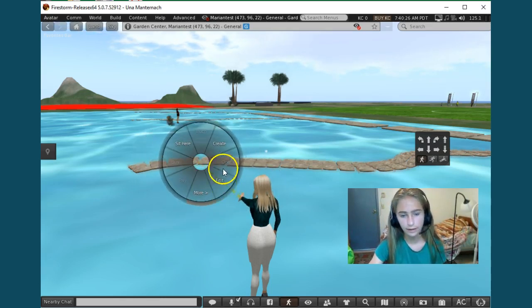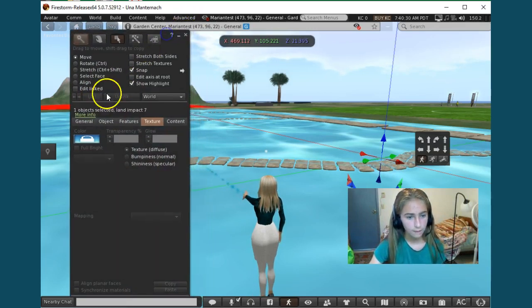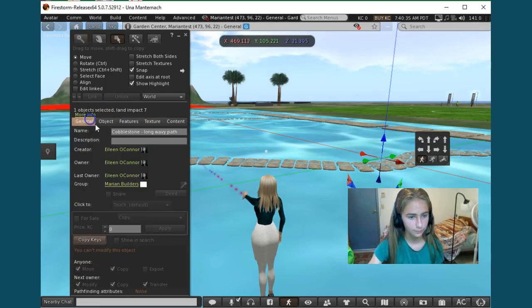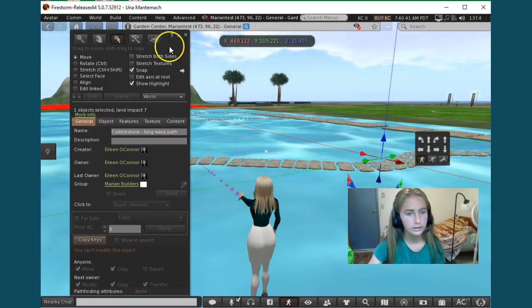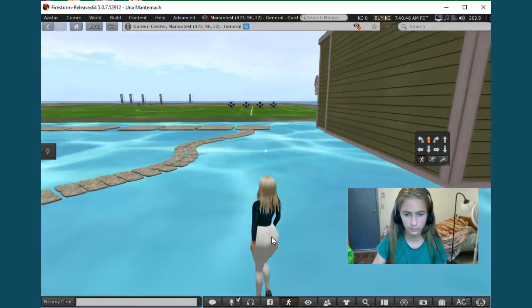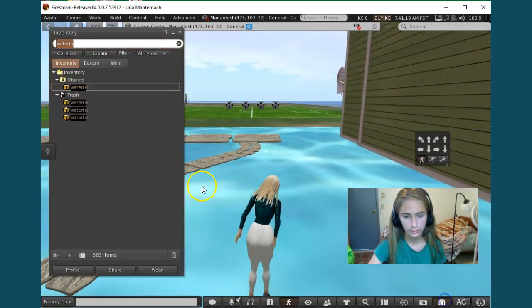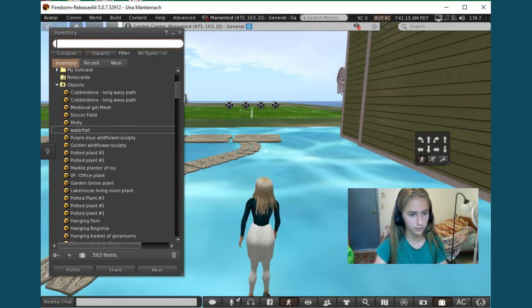But to find that out is go to Edit, and then I'm not allowed to do any of this, so just go to General, and then cobblestone long wavy path is the name. So then you would just X out of this, and then to get it again, you would just go somewhere that you want to put it. So I'm going to go like this, and then go in your inventory, because whatever you copy will be in your inventory. So right here it is, but if you don't